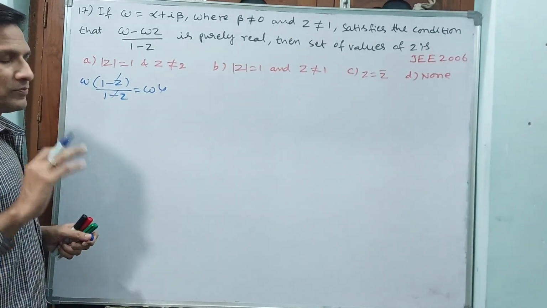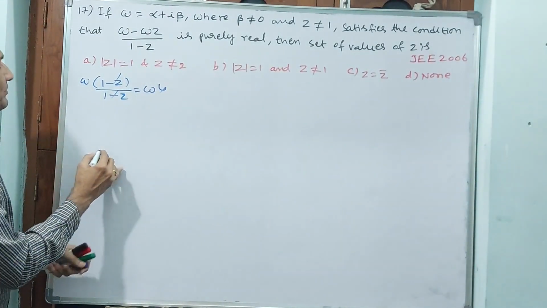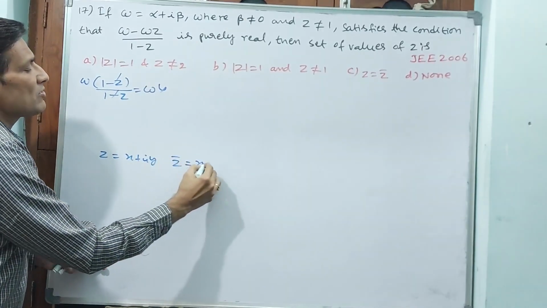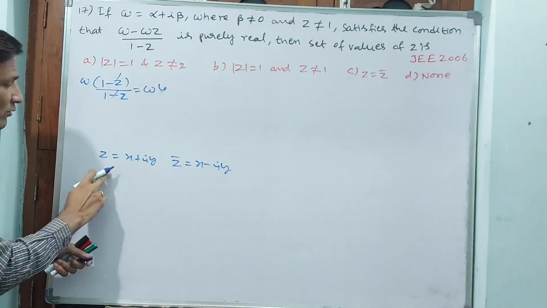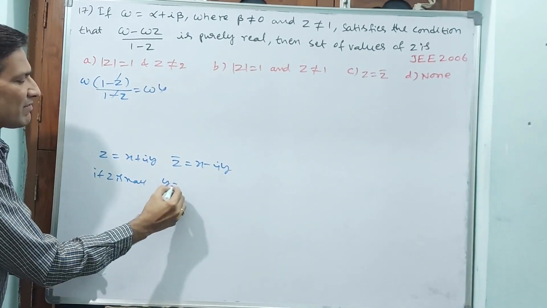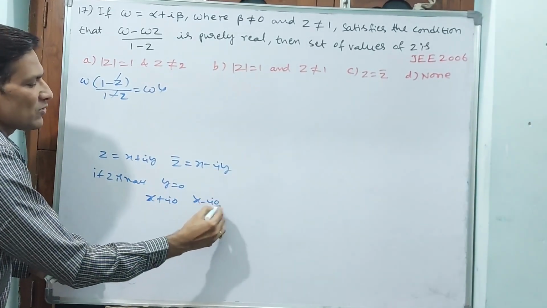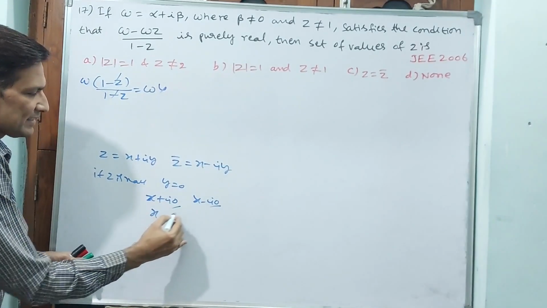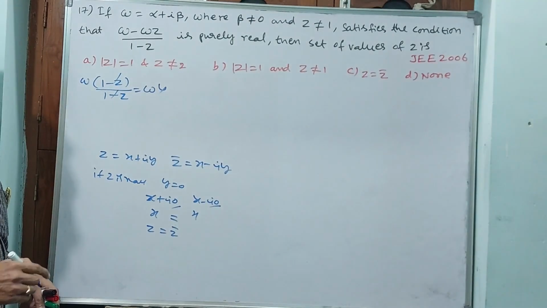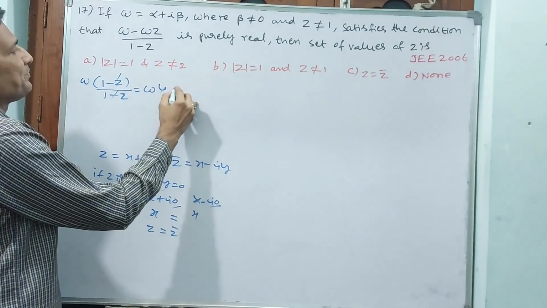That is why we need to do it a little bit carefully. Now observe carefully. If it is a real number, I am writing something here. z is equal to x plus iy, z bar is equal to x minus iy, the conjugate. But if z is real, then automatically y is 0, then x plus i0, x minus i0. i0 doesn't have meaning. x is equal to x, z is equal to z bar. Is it correct? Definitely correct. Same process I am applying here. You see what I am doing?